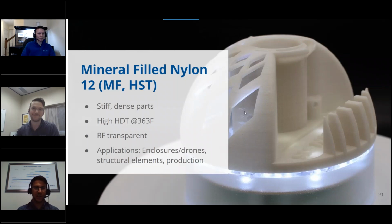All right, there we go. Our next one that we're talking about is a mineral filled nylon 12, or HST, high strength, high temp. The name is exactly what you'd expect out of this material. If you want a material that is being pushed to the limits as far as its application, this is a great option for you. It has one of the highest HDTs. You're going to be able to put this in much higher applications if it's going to be exposed to heat and it's also under pressure. This really does hold up in a lot of those production end use part